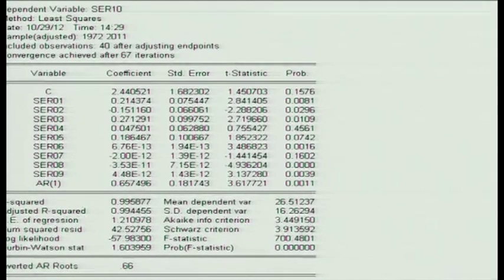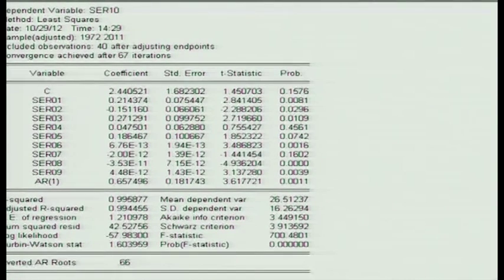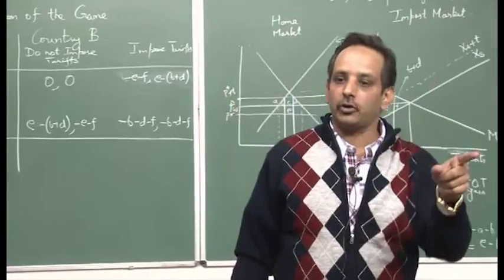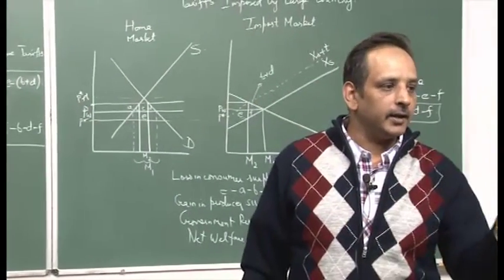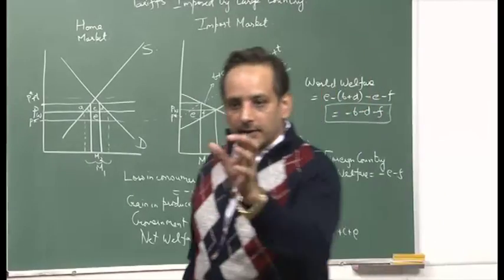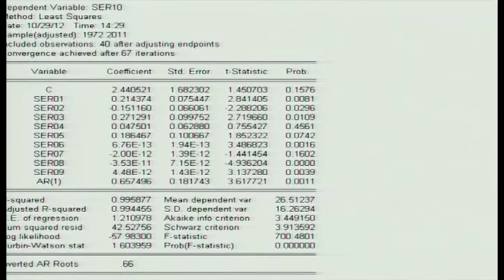Now, the reason that it comes with a positive sign is that differential interest rate is the lending rate minus deposit rate. It is not the deposit rate minus lending rate, it is the lending rate minus deposit rate. That is how it is defined, the real, and it is adjusted for inflation. That is why you see a positive thing. So, higher the real interest rate means lower the deposit rate, lower the deposit rate, lower is the money coming in. So, you will not see an appreciation of the currency, you will see a depreciation of the Indian rupee or an appreciation of the US dollar.